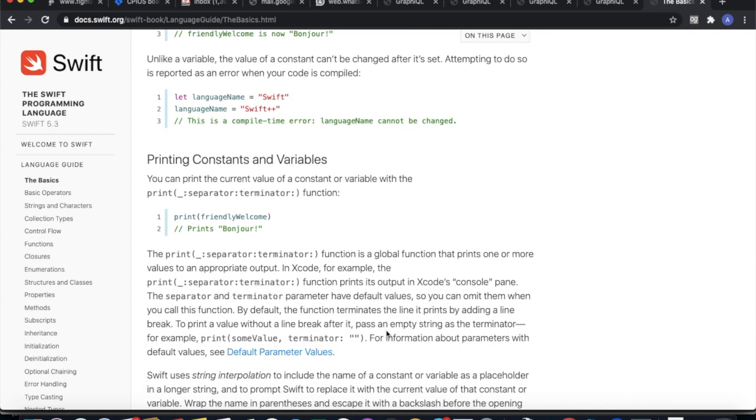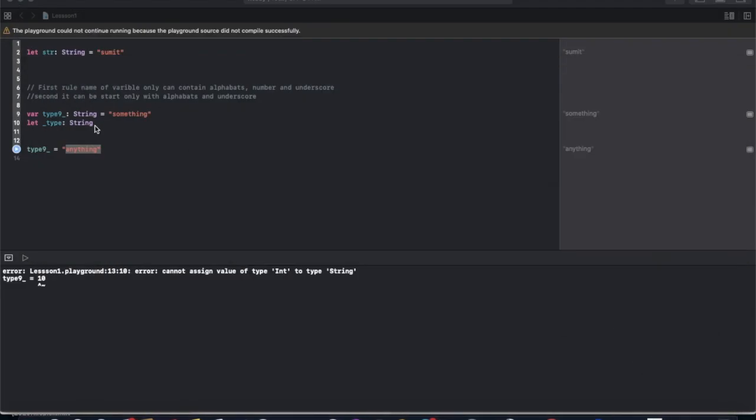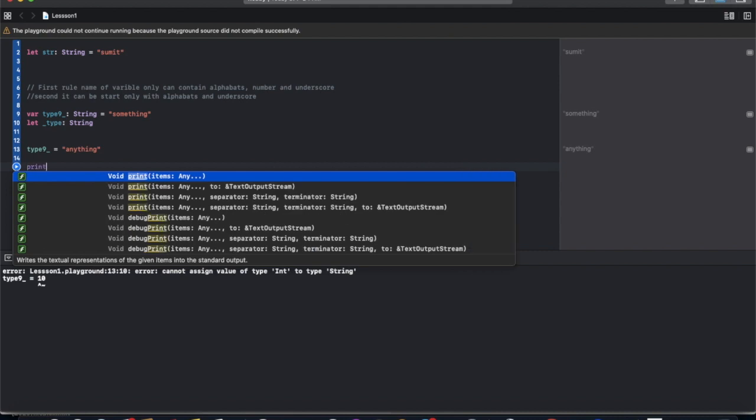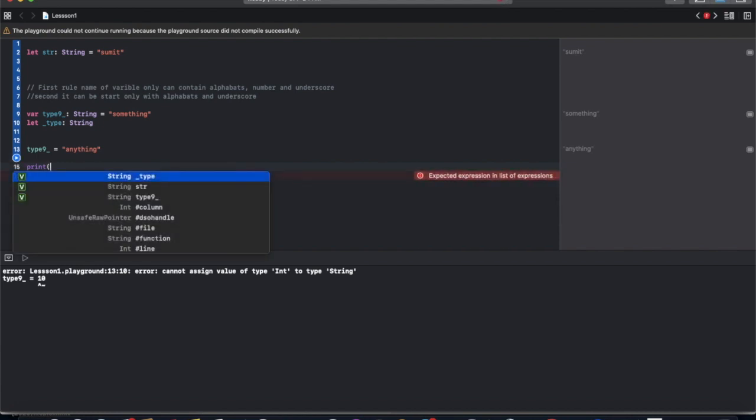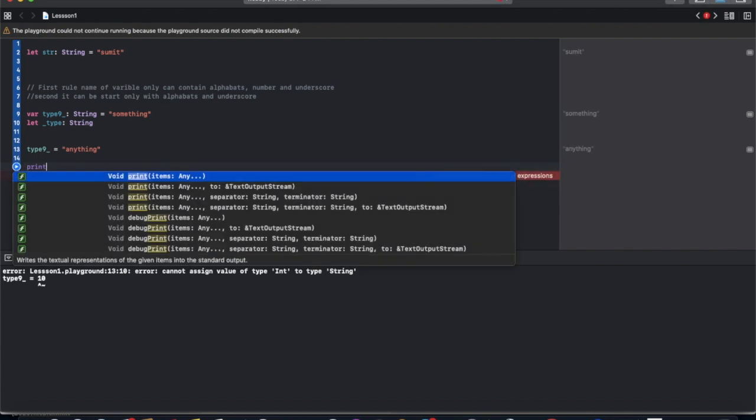If we are thinking about printing the constant and variable, we do not need much work. You just need to call the print function. Like you can see here, if we are writing print, we can provide the items.